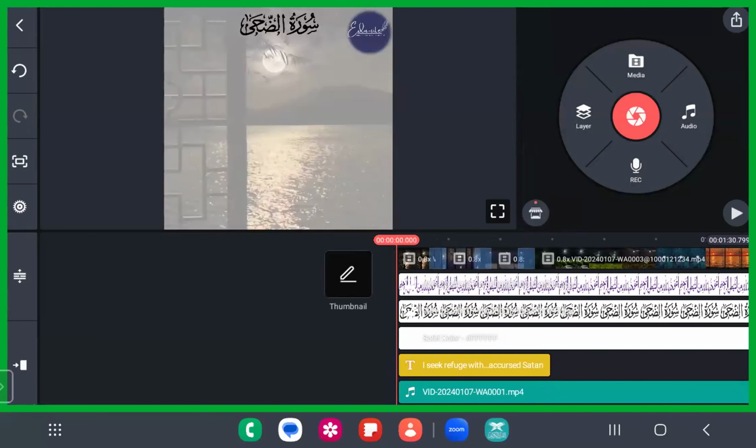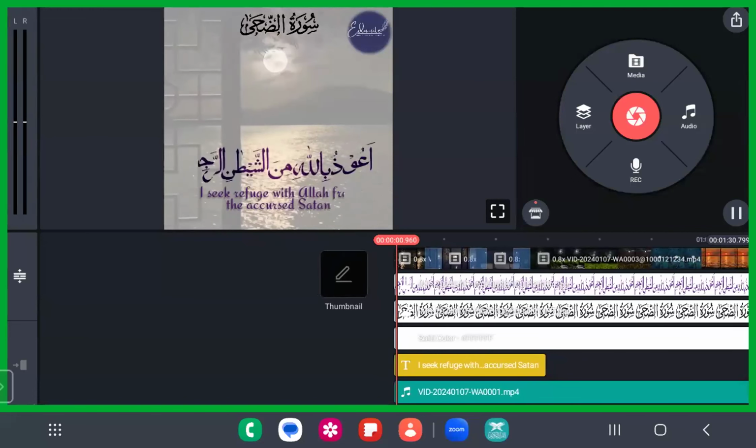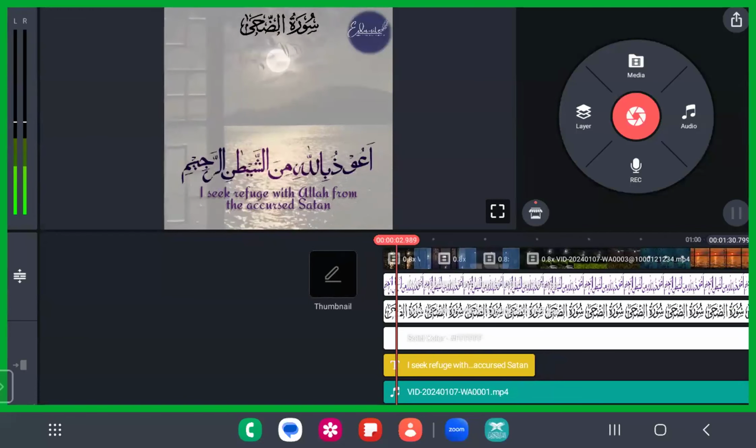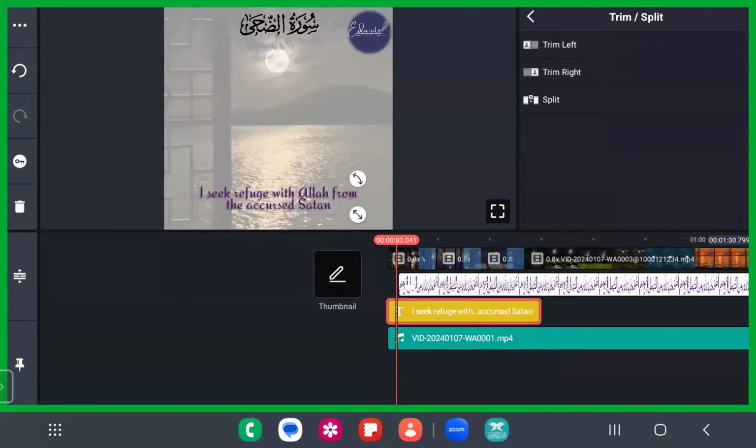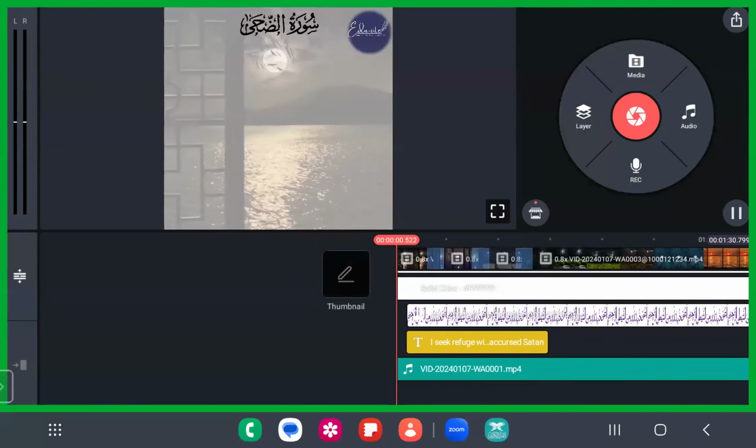Yes. Okay, it's starting up with, so there is nothing here, right? In the first few seconds, there is nothing here. So let me decrease the duration of this. Or let me just trim it left, so that this won't appear in the seconds where there is nothing. Okay, from here it is starting. So from the 2 seconds it's starting. So let me just trim left here and trim left for this one. Okay, are you all playing it and following me? Yes, dear sisters and brothers. Do it along with me, please.